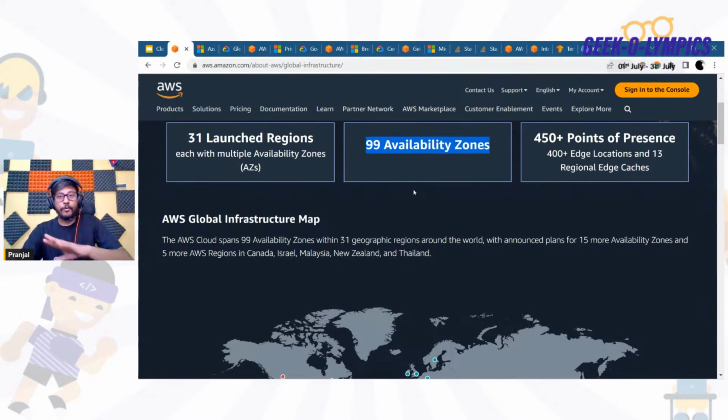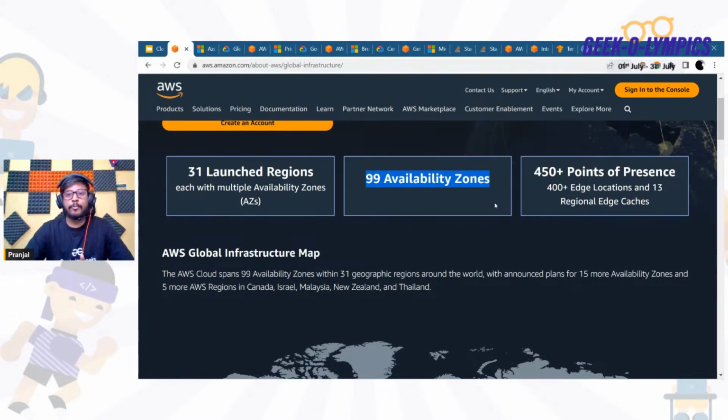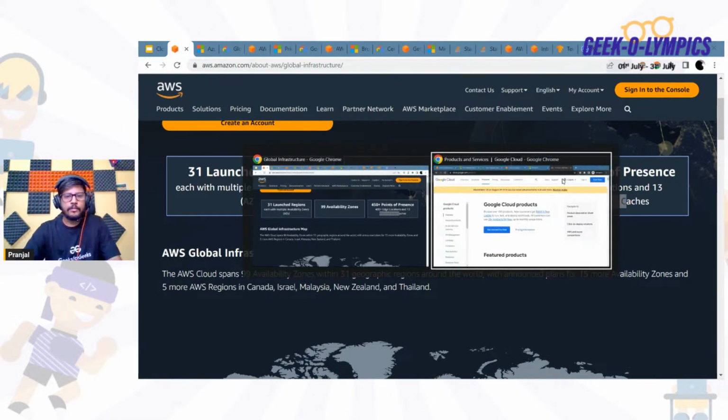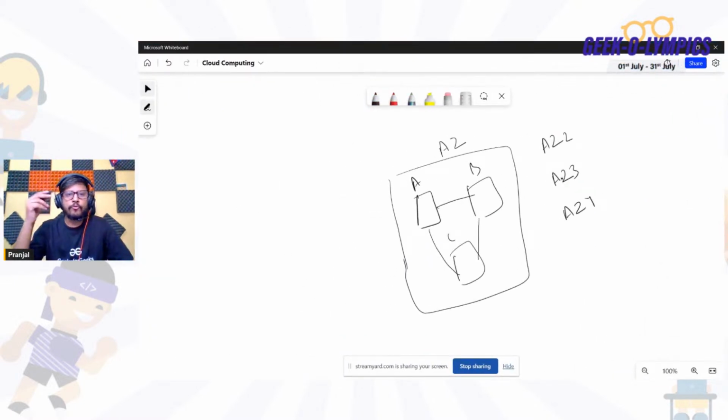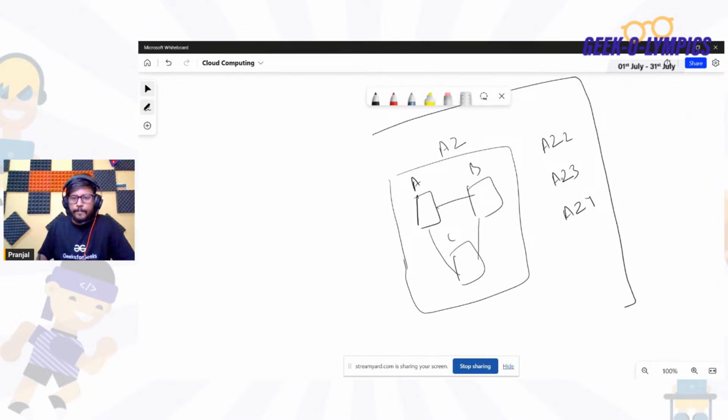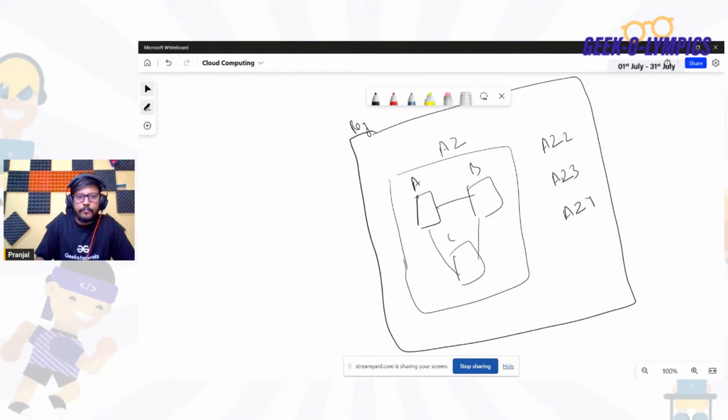Not only this, AWS also provides something called edge locations and regional edge caches. So these are very important. We have discussed what an availability zone is and what a region is. Let me draw that boundary as well: this boundary is for the region.